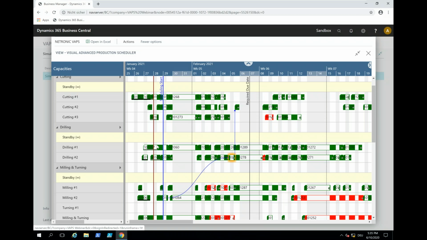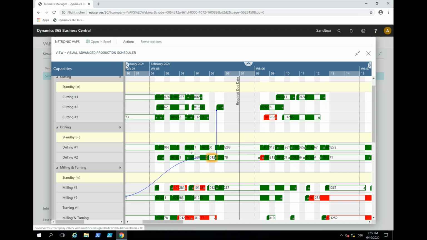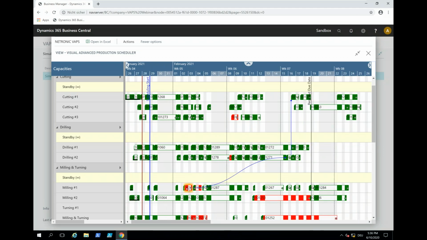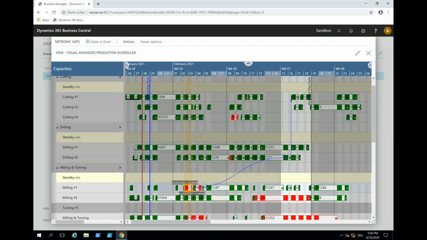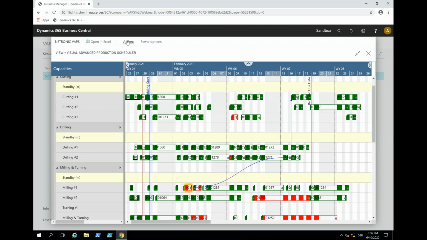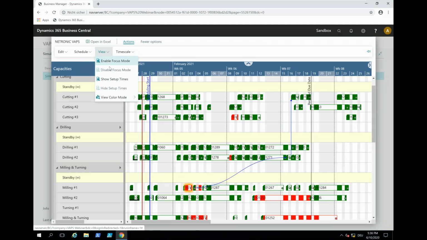Okay, so now we actually see that in this schedule we have some production orders that are scheduled before the availability date. I think it was this one, select this one. This was scheduled to be here. And when I start moving it, you see the right border on the 15th of February, the availability date, really there back in February. So now let me actually switch the color scheme again